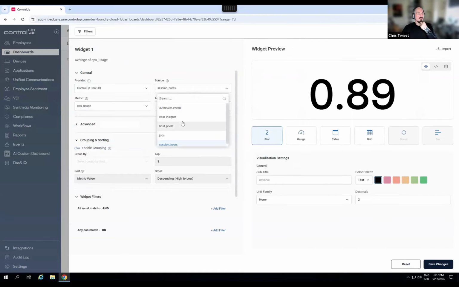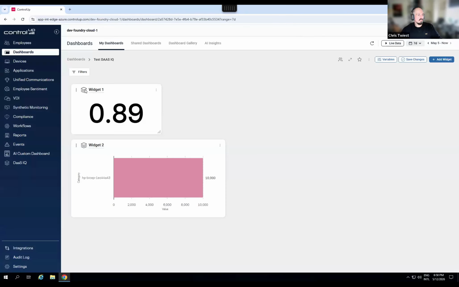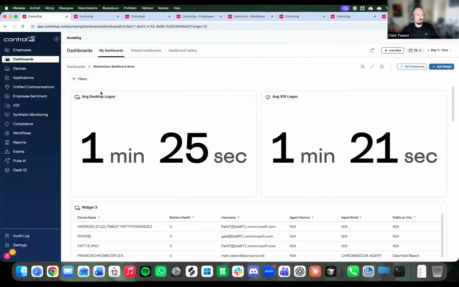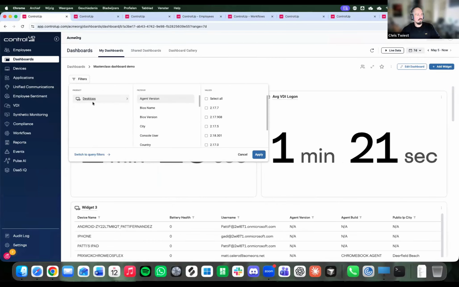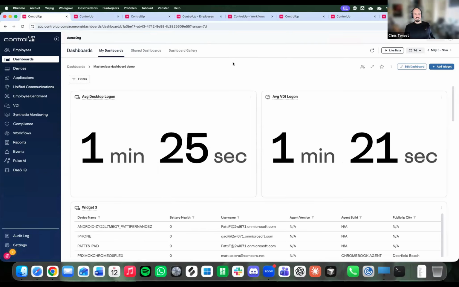DAS IQ will have, for example, cost insights about your environment and jobs it executed. So you can make a dashboard of how many auto-scale jobs we ran and how much it saved us per host pool. But just to show you, there's the nice icon of DAS IQ. Each has its own icon, and soon in the filters we'll have VDI and DAS IQ in here too, and they also start with this nice little icon showing you what you're changing.